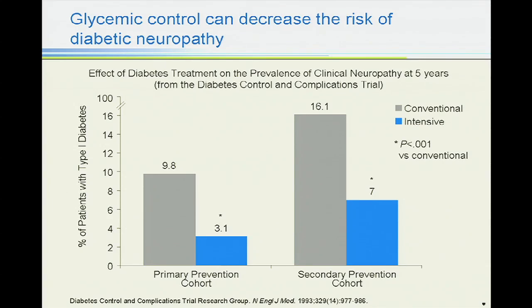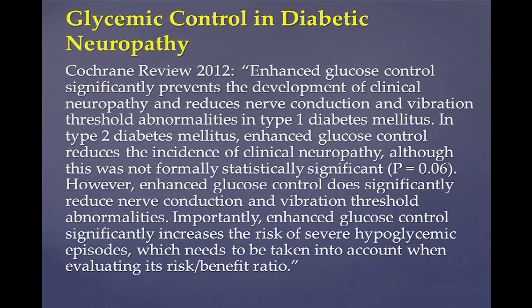So what kind of treatments do we have available? Well, in order to prevent the progression of neuropathy, glycemic control is very important. This is an old study, but it was in the New England Journal of Medicine, showing that intensive glycemic control does help reduce neuropathy. And this was actually reviewed recently, the data about this, to see whether this recommendation still holds. And basically, the take-home message here is that while intensive glycemic control does help prevent worsening of neuropathy, it